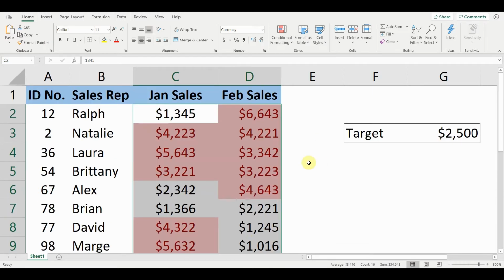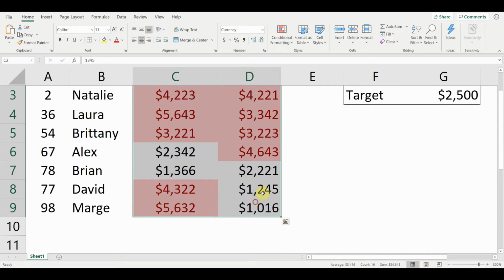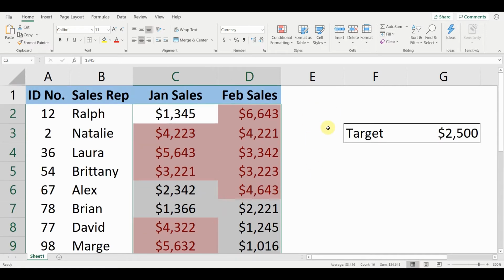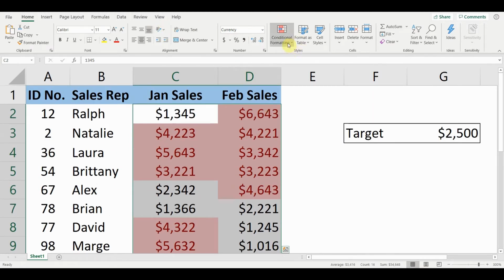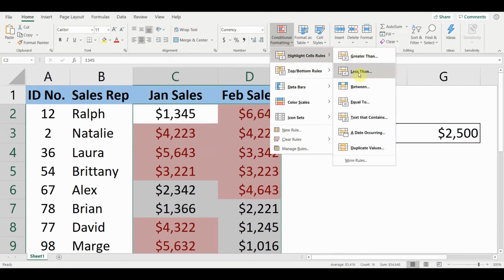So with conditional formatting, you'd be able to highlight all the cells that satisfy a certain condition. Now we've seen which of these cells are making more than the sales target. For example, we have a minimum number, say $1,500, and we want to find out which of our sales reps are making less than that. Again, select the data, go to conditional formatting, cell rules, less than